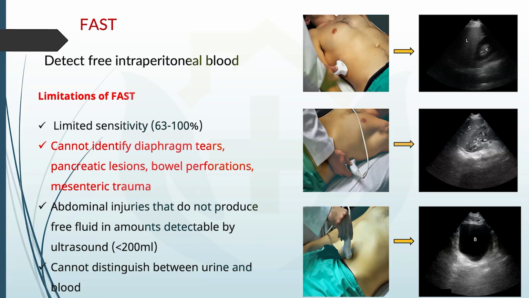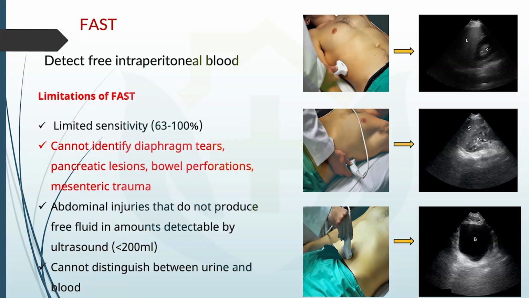FAST is obviously a revolution in the genre of trauma management. It is a bedside curvilinear probe of the ultrasound that is used to diagnose free fluid within the abdomen. And the areas that we target are 4 in FAST and 5 in EFAST. So the 4 areas are the hepatorenal pouch of Morrison, the left-sided splenic recess, then you have the suprapubic area, and other than these 3 areas, we have the epigastrium obviously.